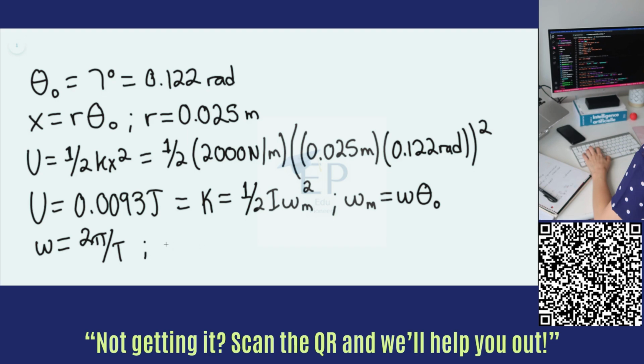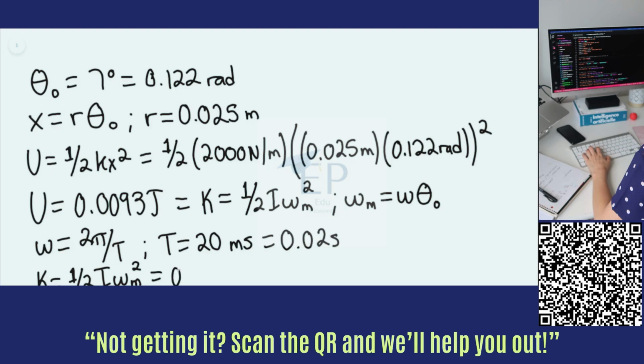And we know that T is equal to 20 milliseconds, or not meters per second, milliseconds. This would equal 0.02 seconds. And so we can then see that here 1/2 I omega m squared would be equal to 0.0093 joules. And then we're simply solving for the moment of inertia, knowing that the moment of inertia is going